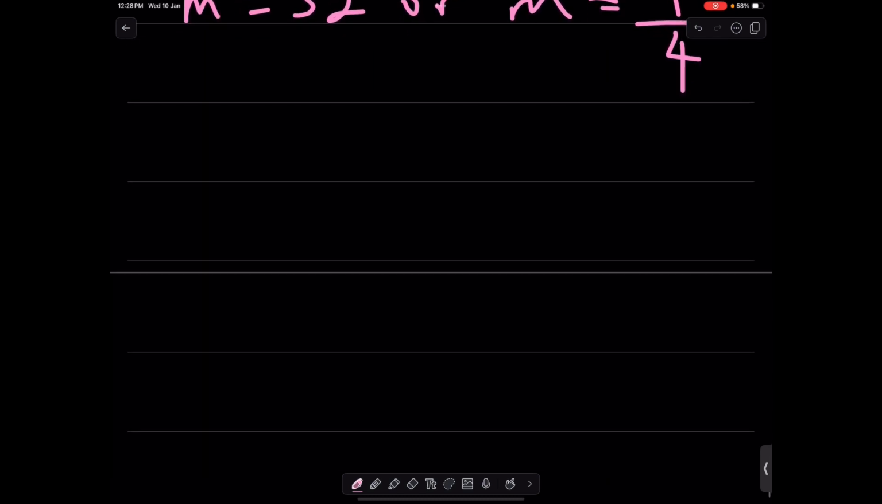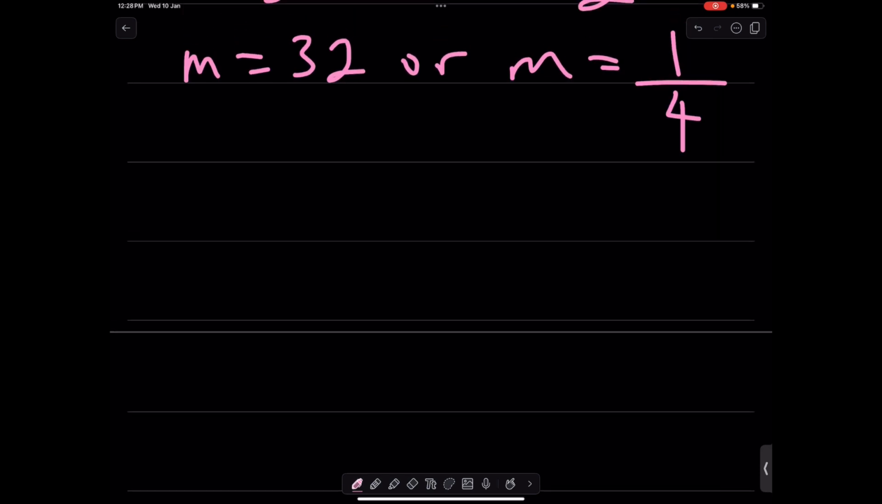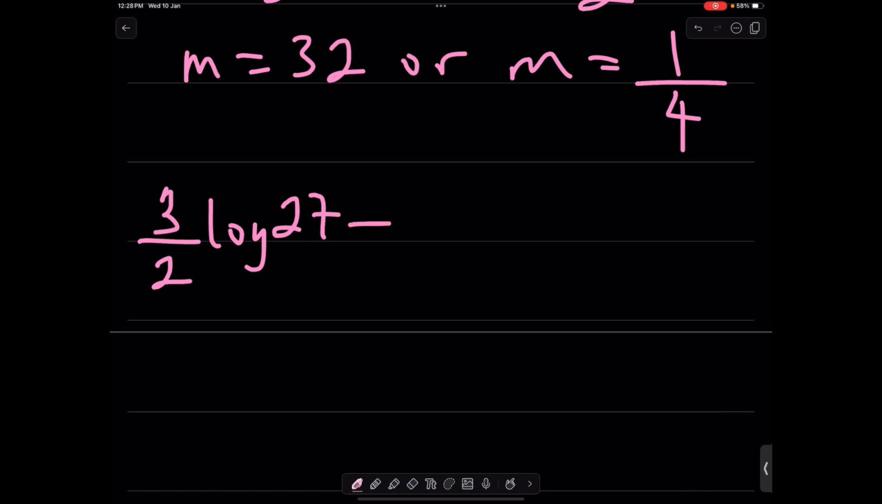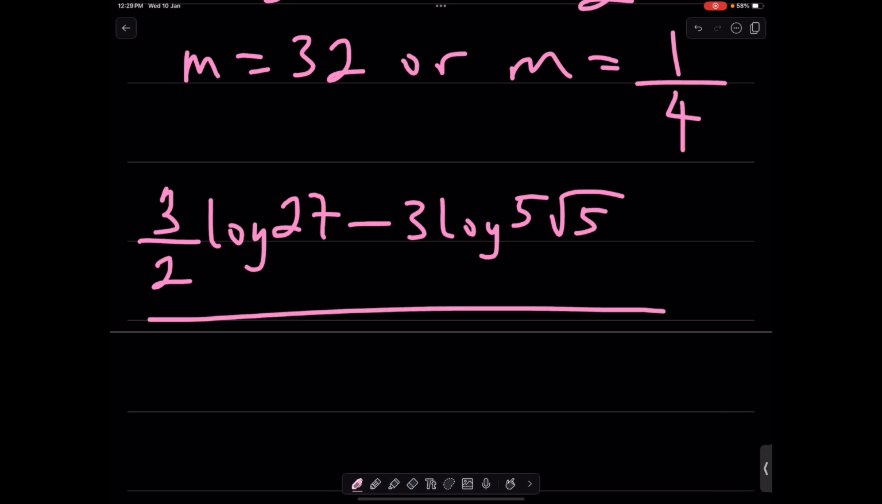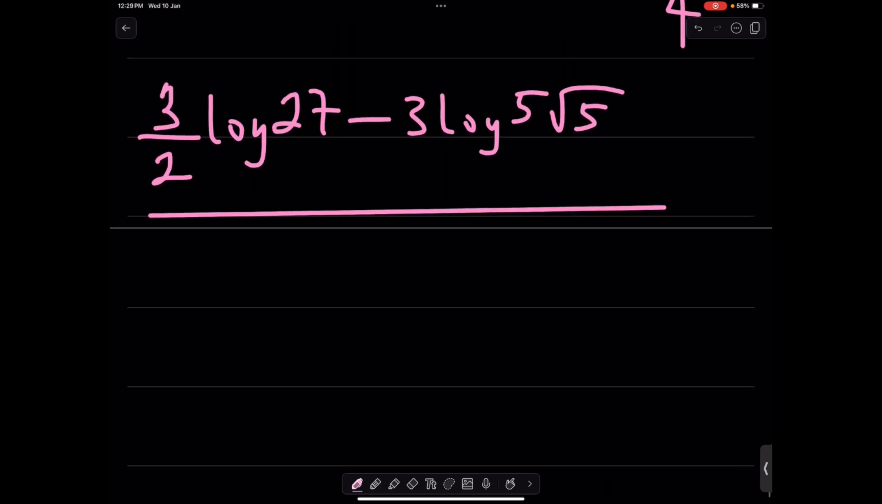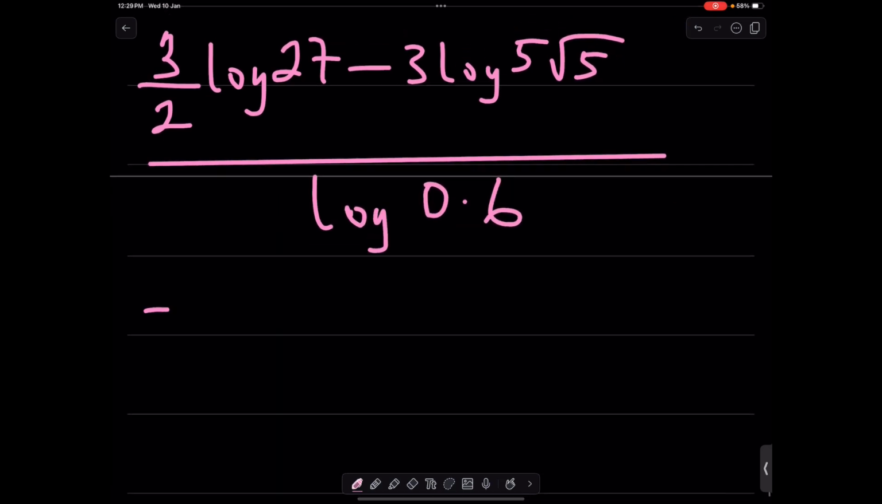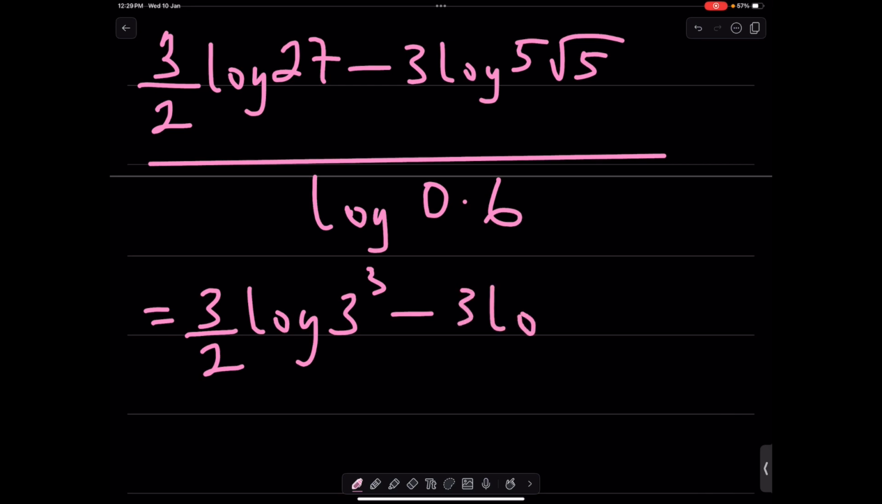Straight we go to the next one, which is from year 2016. Evaluate without using mathematical tables or a calculator: 3 over 2 log 27 minus 3 log 5 root 5, all over log 0.6. Now that's equal to 3 over 2 log 3 raised to the power 3 minus 3 log